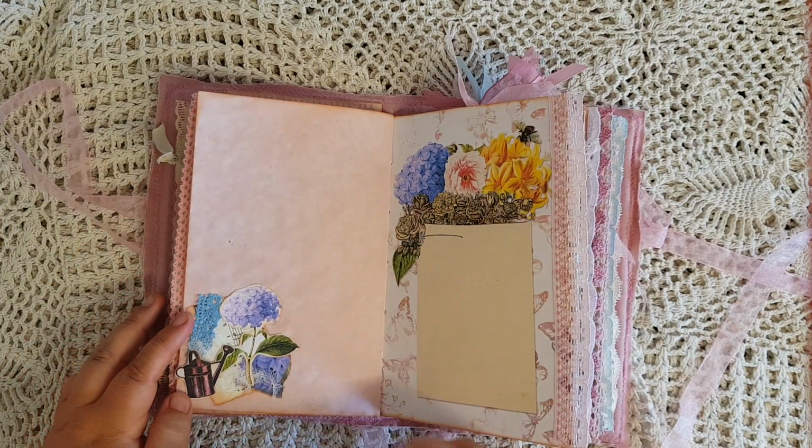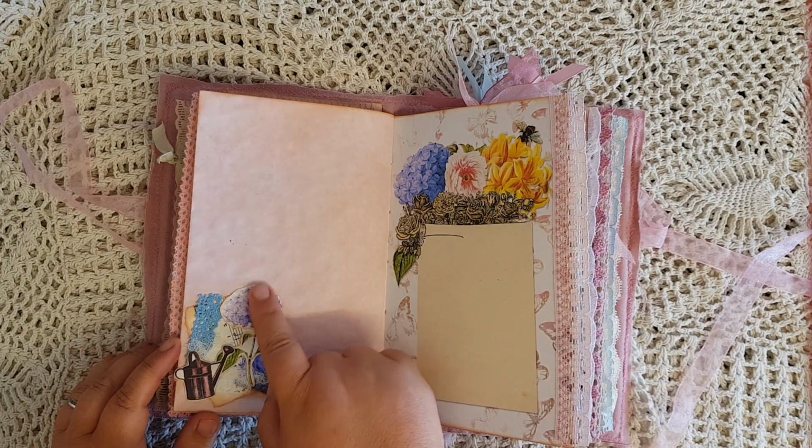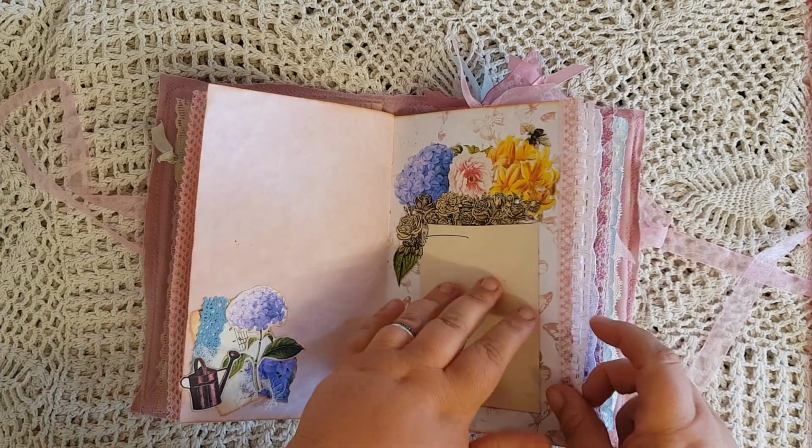This is just a cluster from using the cutouts. These are the cutouts that you get in the kit. She's very good for giving you cutouts. Lace trimming,